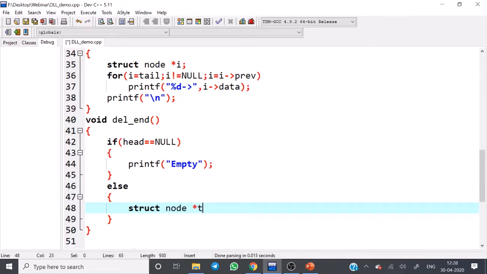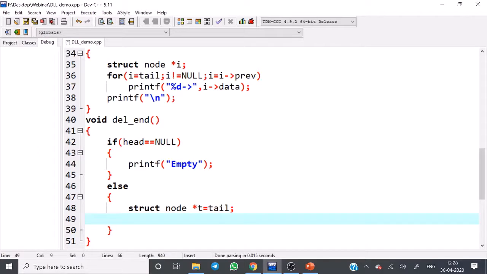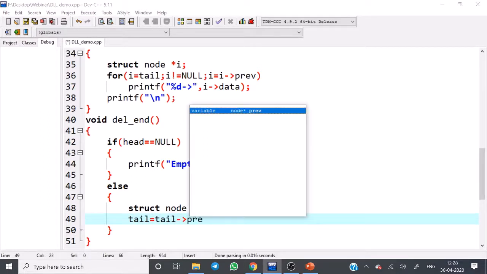Tail node is the temporary. I told already, we need to set tail equal to tail of previous, because it is a double linked list.